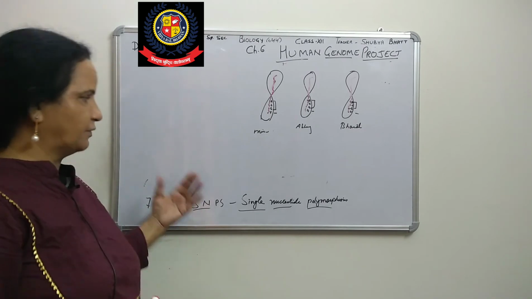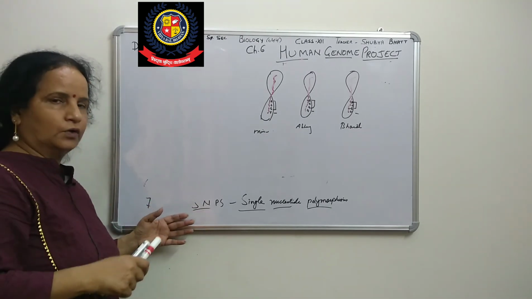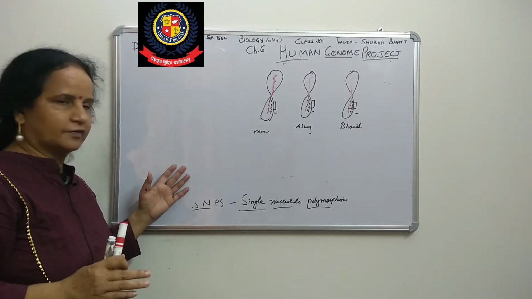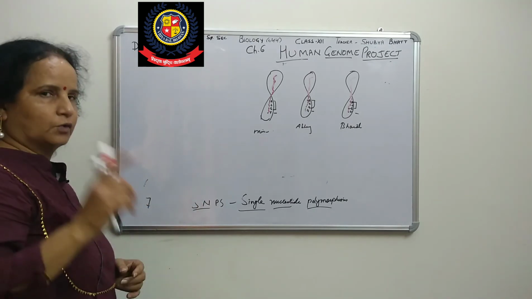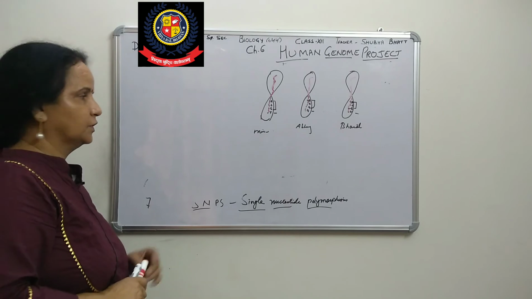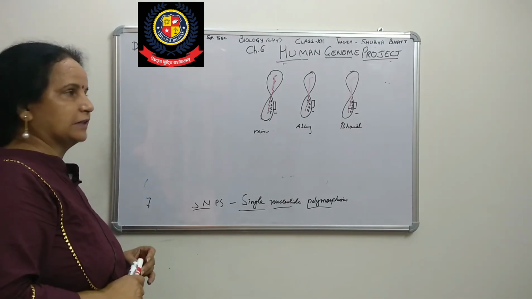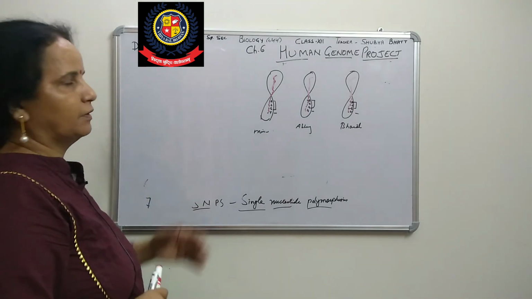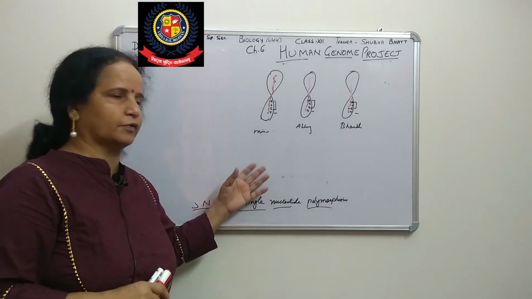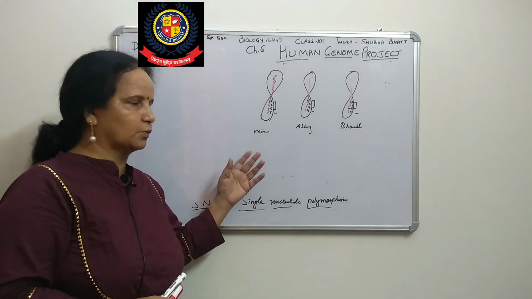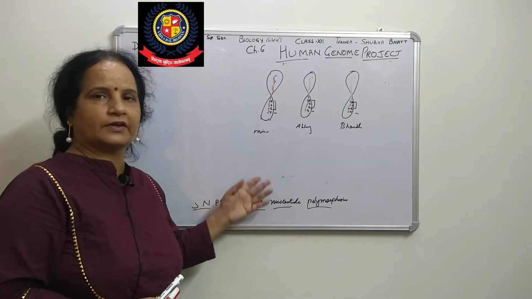Let us see, I have done chromosome number 1. Earlier I told that it is a 13 years project. It should have been completed in 2003, but only one chromosome was left to be sequenced. Chromosome number 1, which is the largest, as you know, was the only one remaining. After that, in 2006, it was completed. So chromosome number 1 is the largest, and chromosome Y is the smallest.